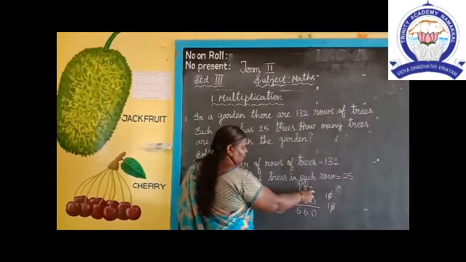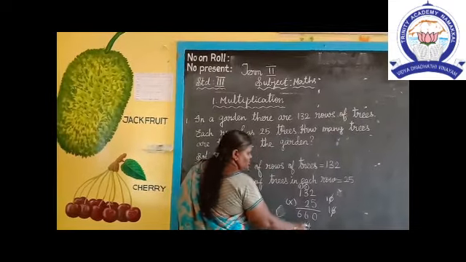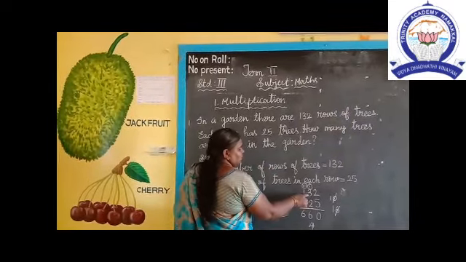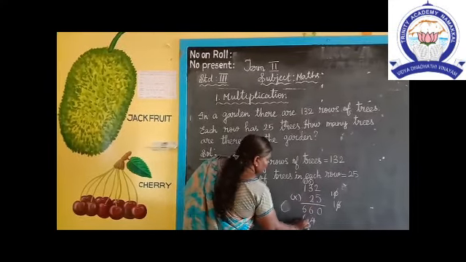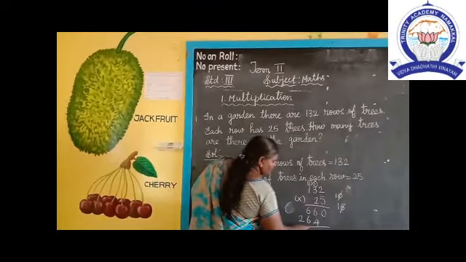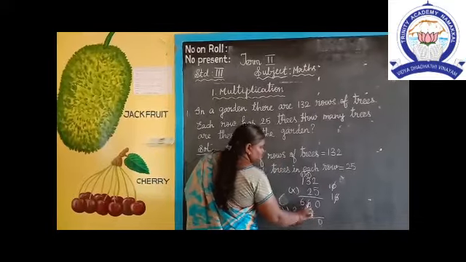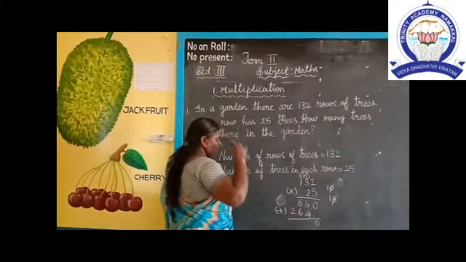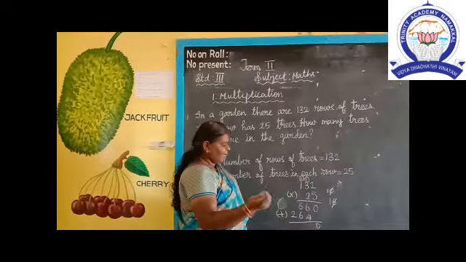Next, 2 2s: 2 1 is 2, 2 2s are 4. Next, the 3 table, you say 2 times. 1 3 is 3, 2 3s are 6. 2 1 is 2. Now you add these two numbers. 0, then 6 plus 4. 6 in the mind, 4 on the fingers, 6 after 7, 8, 9, 10.